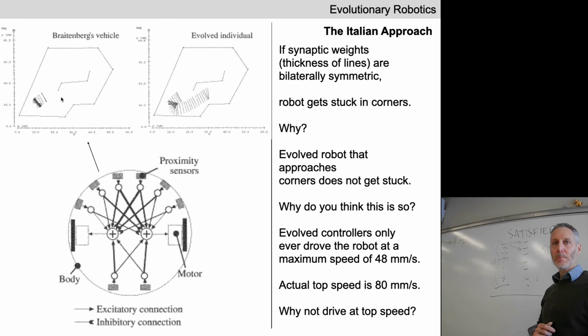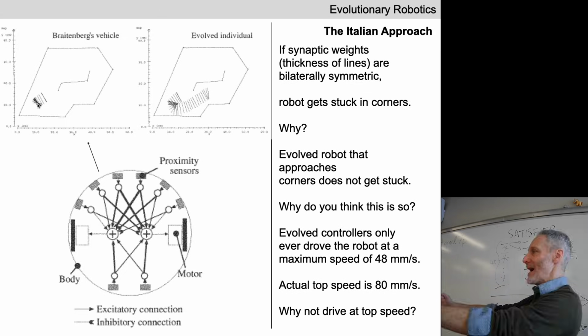What's happening? Maybe the evolved solution started like this, but it's had the opportunity to repeat and tweak itself over and over till it isn't doing that and can reach the goal more. Isn't doing what? What's the problem? Staying in place. Why is it staying in place? Why is the manually devised set of synaptic weights staying in place? It looks like it's just spinning. Not quite spinning. It's kind of getting just stuck in the corner because all the sensors can't go